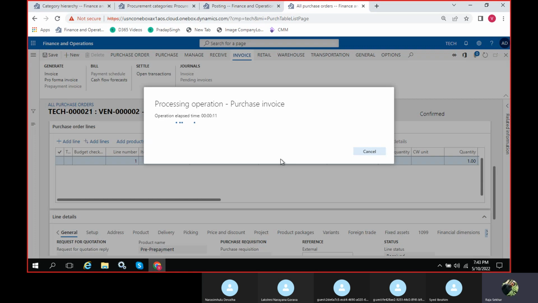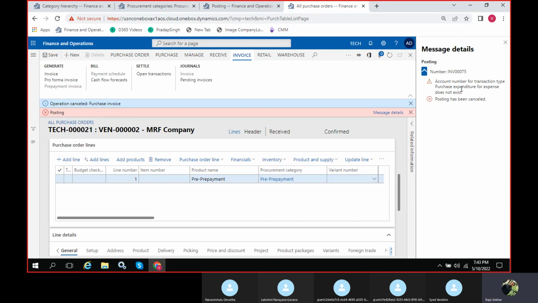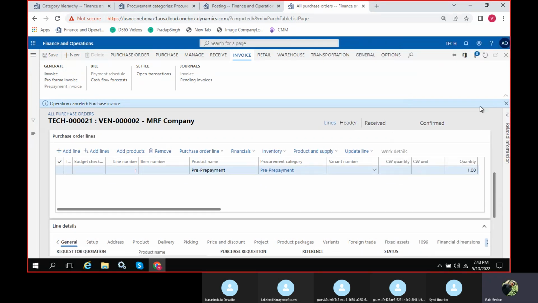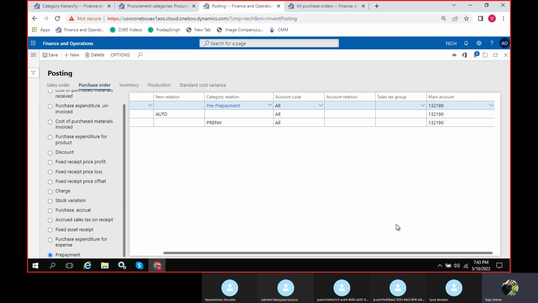Now there is one more thing. You may ask, Raj, I don't want this procurement category, I just directly want to raise my prepayment invoice to my vendor. So what is it? Account number for transaction type. We haven't given this one. Given, right?